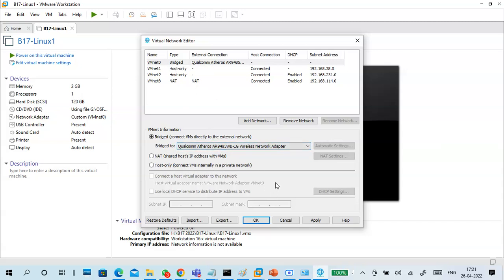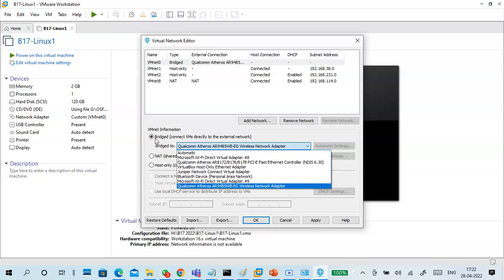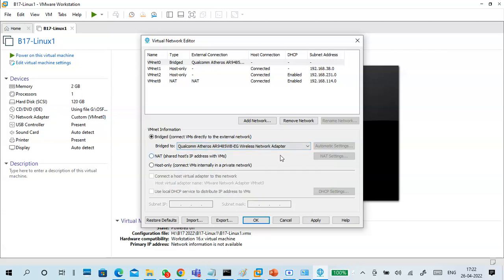Guys, if there are certain issues, like your router is not giving you an IP address from the physical network, or you are in a hostel and don't get more IP addresses because of MAC binding, in certain situations your NIC to VMnet0 bridging is not there. In those conditions this may not work. You can use NAT instead. But most of the time the best option is VMnet0 bridged. The first option is bridged. Automatic is there; change automatic to your adapter name.